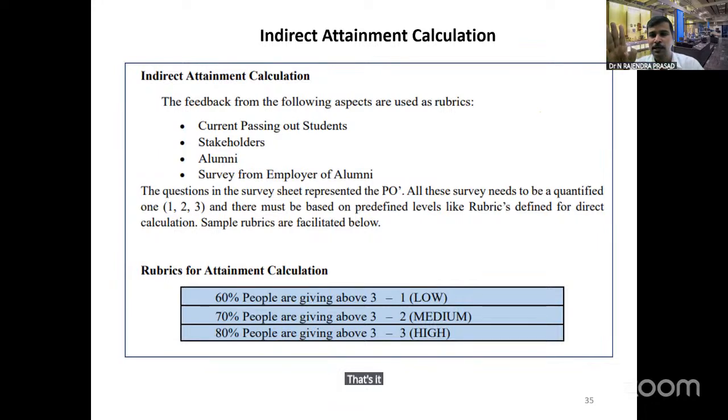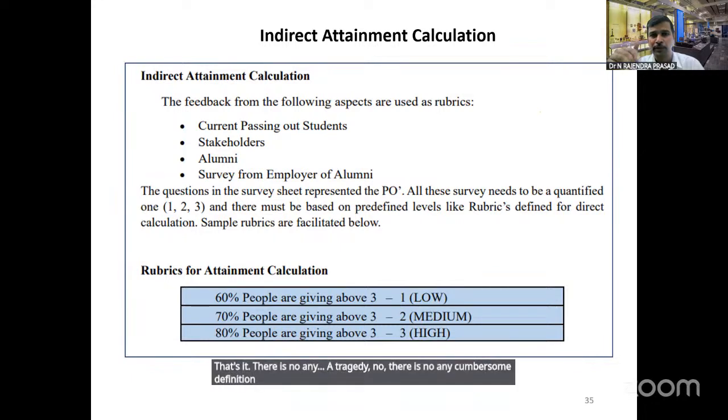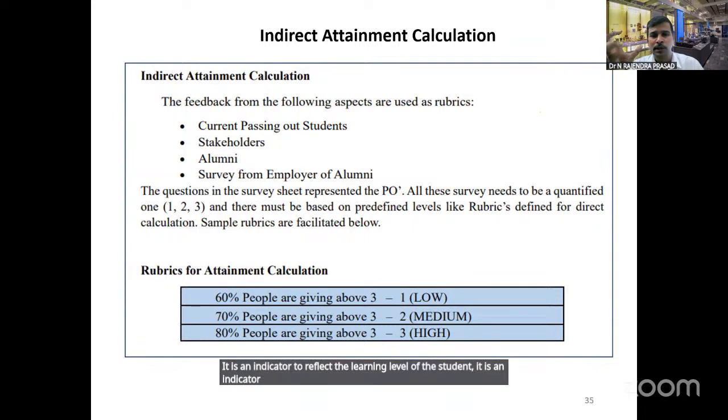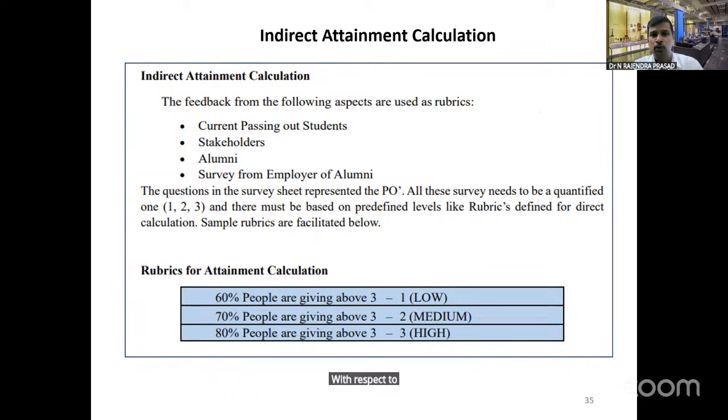There is no tragedy involved there. There is no cumbersome definition involved in the term rubrics. It is an indicator to measure the performance level of the student. It is an indicator to reflect the learning level of the student. It is an indicator to showcase where the student is standing with respect to that particular program, with respect to